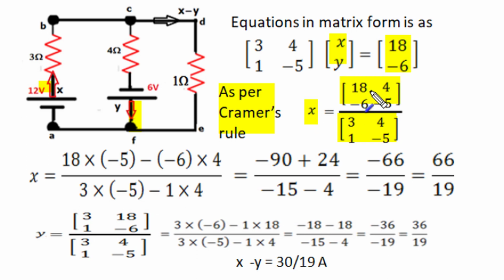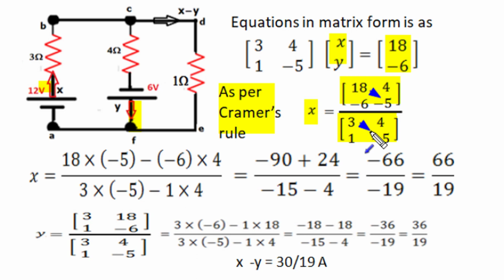For the determinant value, the diagonal elements are multiplied without sign change. 18 when multiplied with minus 5 fetches me minus 90, and off diagonal elements are multiplied with sign change. So minus 6 multiplied by 4 becomes minus 24, with sign change it becomes plus 24. Similarly in